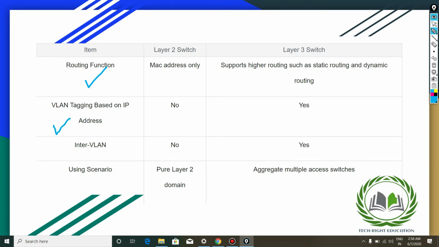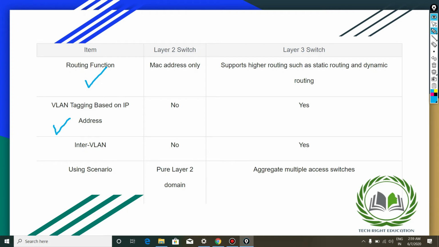In layer 2, VLAN tagging isn't supported. In layer 3, VLAN tagging is supported. What is VLAN tagging? Basically, we add a VLAN tag when we send a packet from source to destination. When we do the practical of VLAN, we will understand in detail about the VLAN tag and its use.